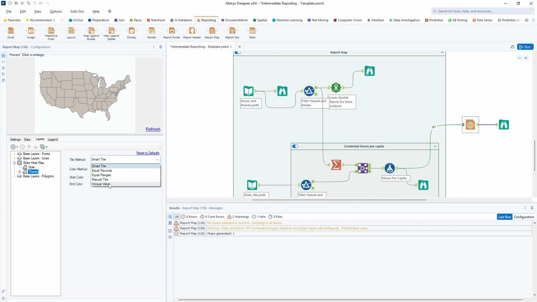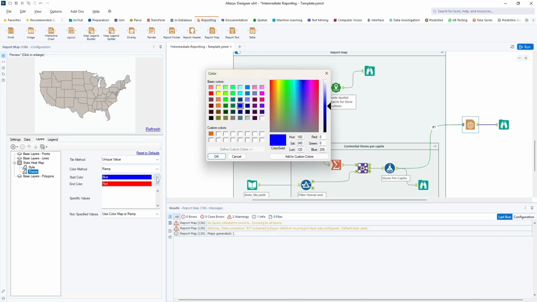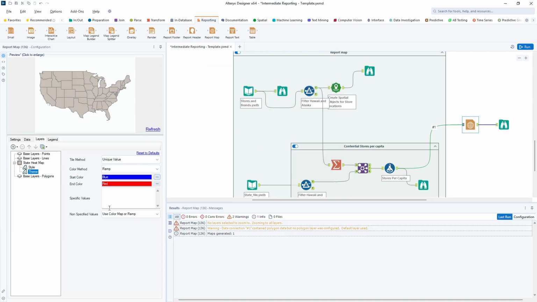For the purposes of this, I'm going to just say unique value. I'm going to use the ramp, but you could do a ramp or a map. My start color is going to be blue. My end color is going to be red. You could also put in specific values if you wanted to. And then I'm going to use the color map for anything non-specified. And then when I run that,